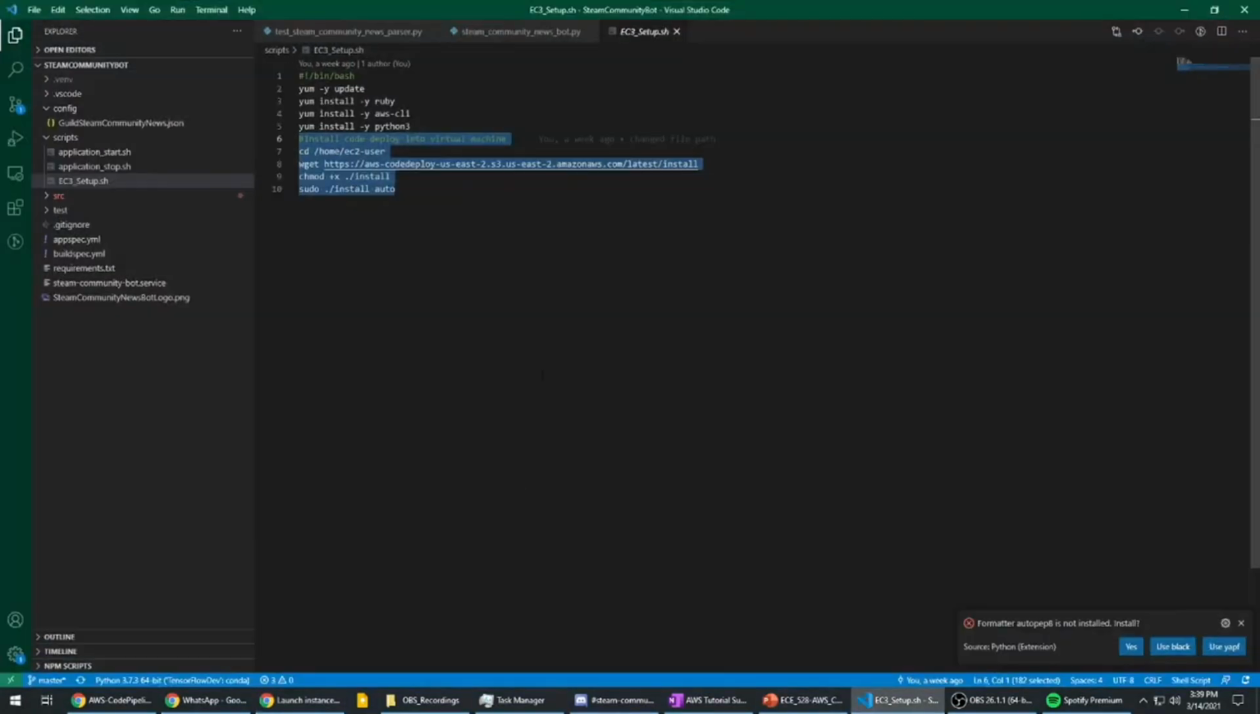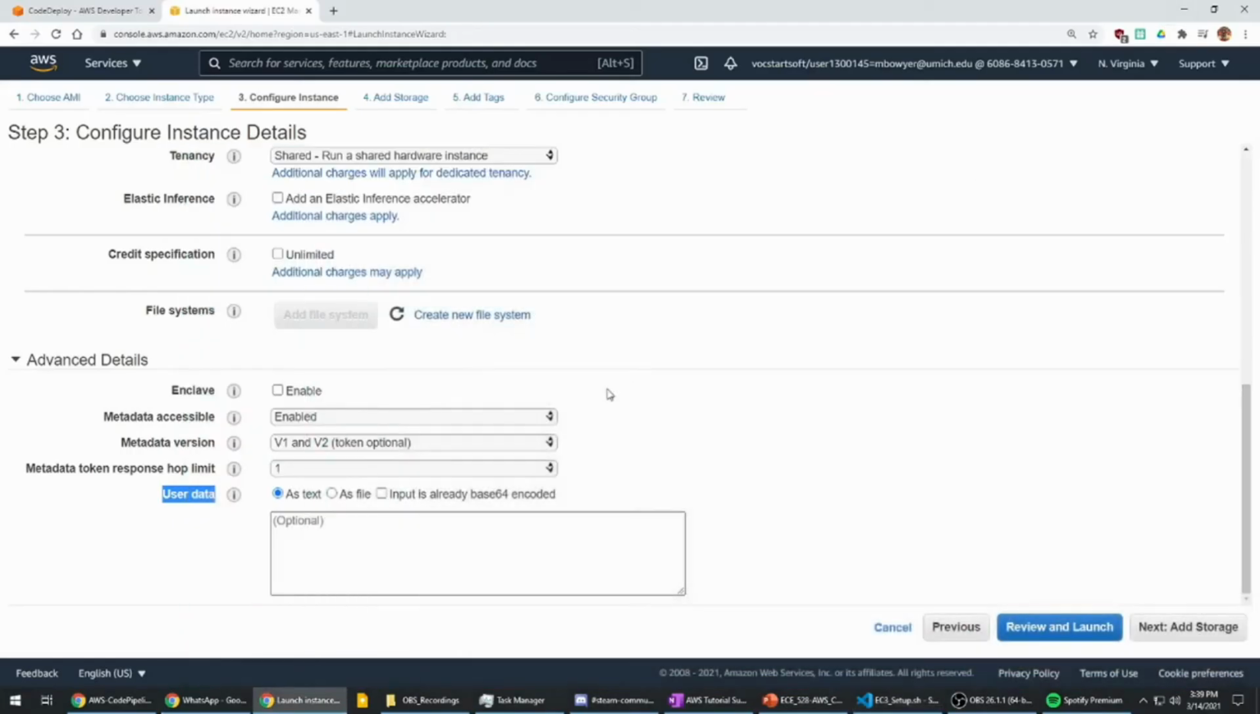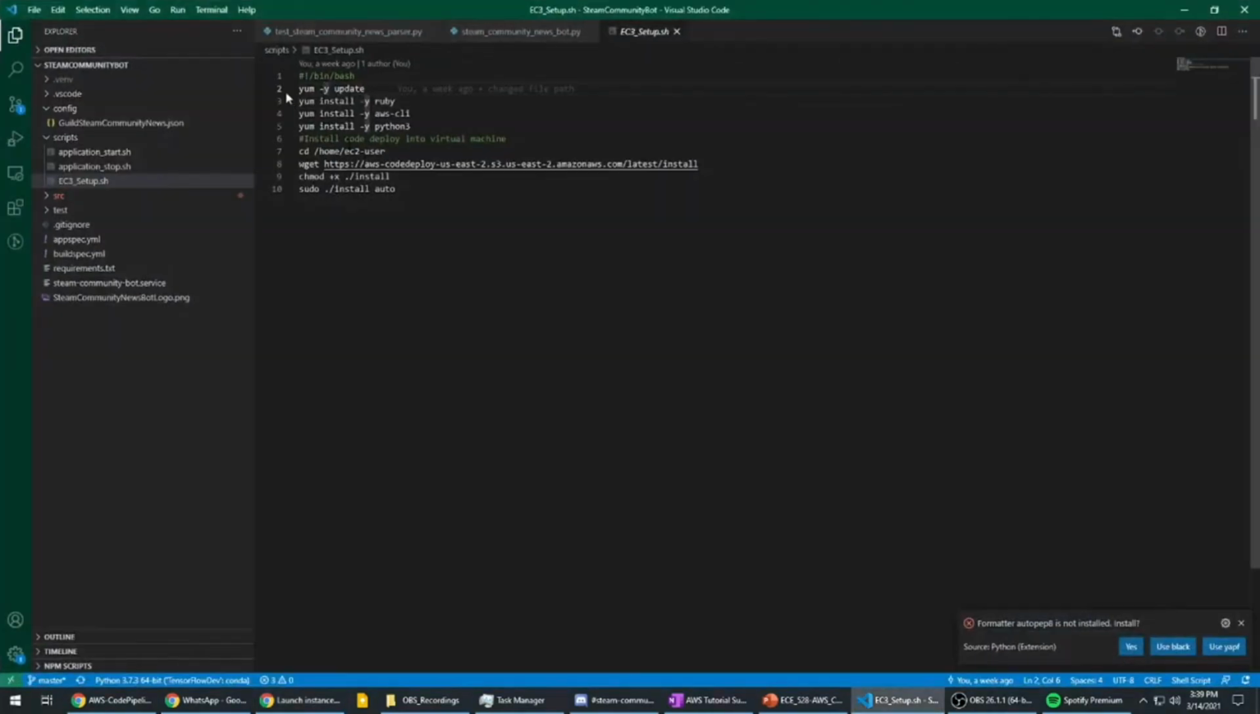We've actually set up some instances already, but we have an example script here that we will take and we can copy in. We can also paste as a file. But the idea is that we're going to be installing some needed tools, so Ruby, the AWS CLI, and Python. And then here we're manually installing the AWS Code Deploy tools, changing it to executable, and then